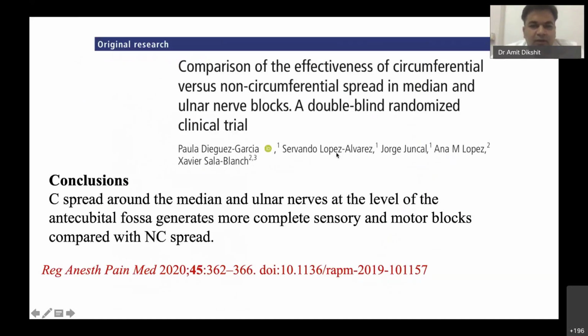Now this was another important paper, which compared circumferential local anesthetic placement and non-circumferential placement. In this study, it was found that whenever the nerve block was given with ultrasound and the drug spread was circumferential, it had a faster onset of action, and a more complete sensory and motor block. So when we do a block with PNS, we cannot be assured that it is a circumferential spread, and we really have to depend more on volume, usually 6 to 8 ml. But with ultrasound, we can go low on volume, to 3 to 5 ml.